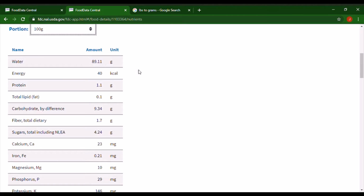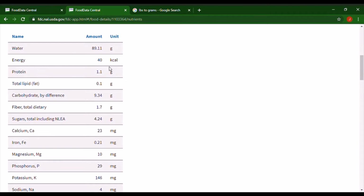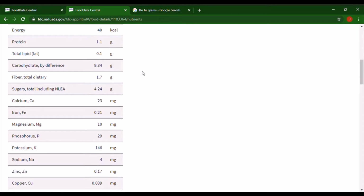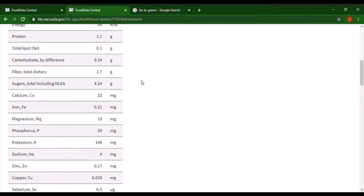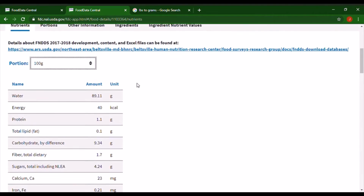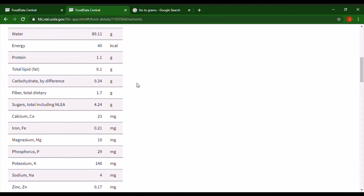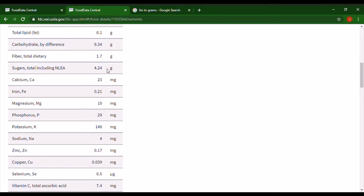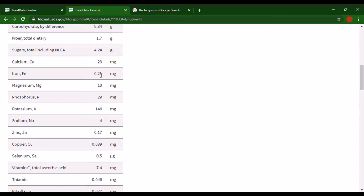We have 89 grams of water. Then we have 40 kcals of energy. We have about 1 gram of protein. Got a little bit of lipids. Got a pretty good number of carbohydrates, especially for just 100 grams. We got some fiber and some sugars, and then we got a lot of